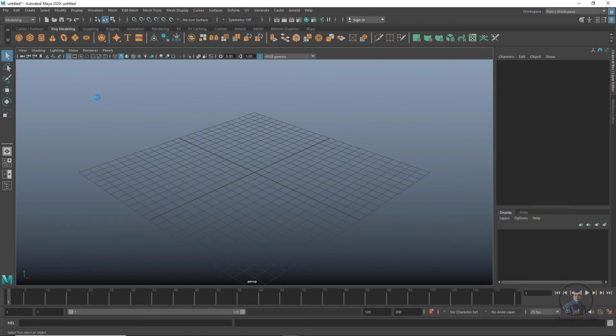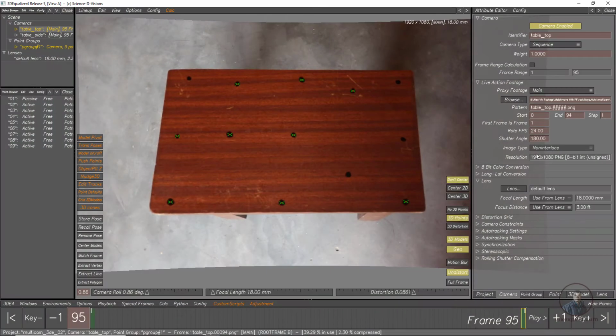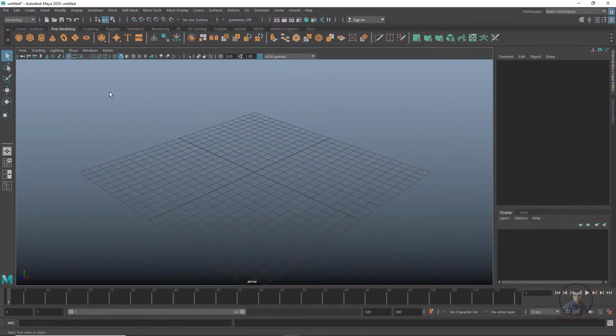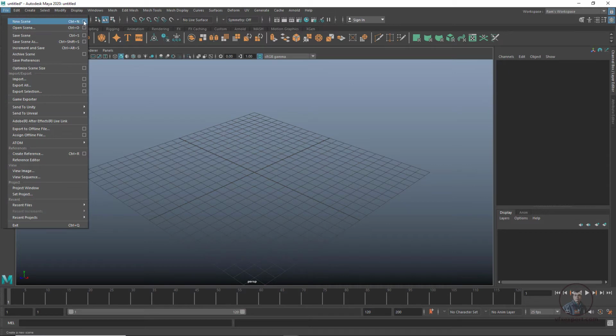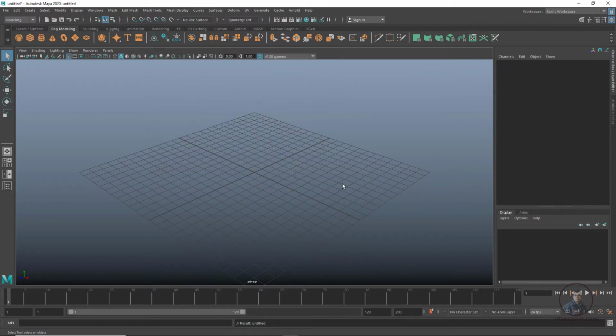So now here in Maya, first check your scene frame rate. I have tracked our shot at 24 fps. If you have any doubt, just check in 3D Equalizer. Now you can see here I have tracked this shot at 24 fps. So I am going to define it here in File, Scene Options. From here we have to select 24 fps. This is important. Just create a new one, don't save. Even at the bottom here you can also define 24 fps.